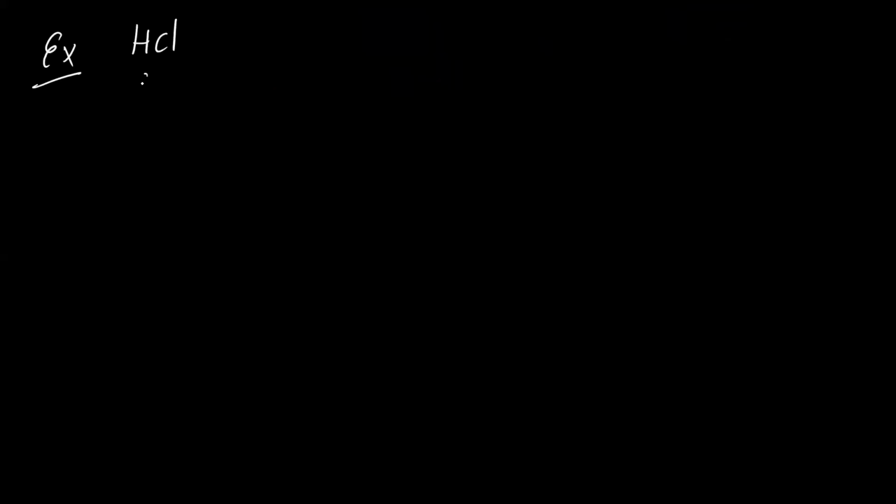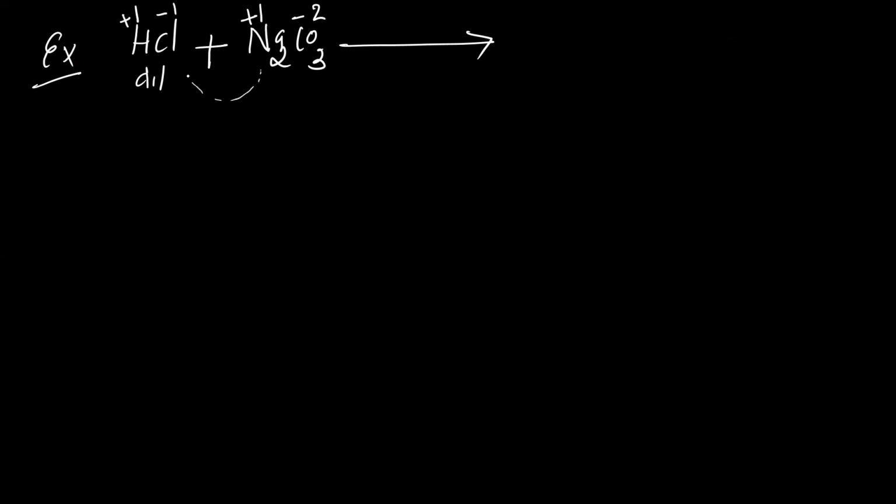Acid, I am taking dilute HCl. When it reacts with a metal carbonate, for example sodium carbonate, what is the positive part? Sodium will be +1, carbonate will be -2. In HCl, H plus, Cl minus, simply combine plus and minus. Na plus will combine with Cl minus to give NaCl, plus hydrogen and CO3 will combine and form carbonic acid.